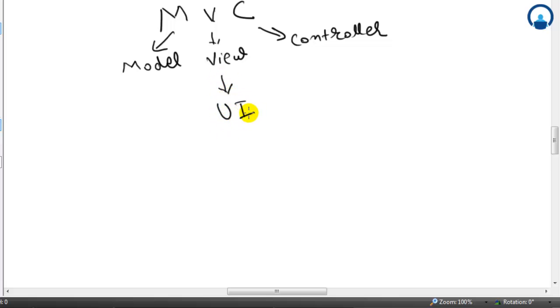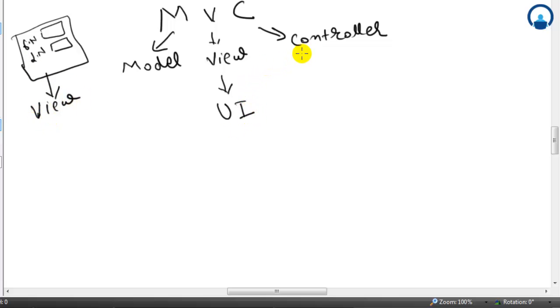Earlier we discussed an example in which we saw a form which had various text boxes like first name and last name. So this is our view. And C is our controller. The controller acts as a mediator between model and view.